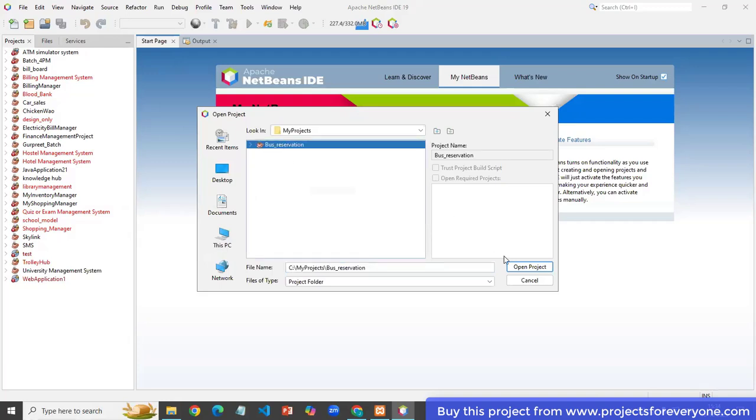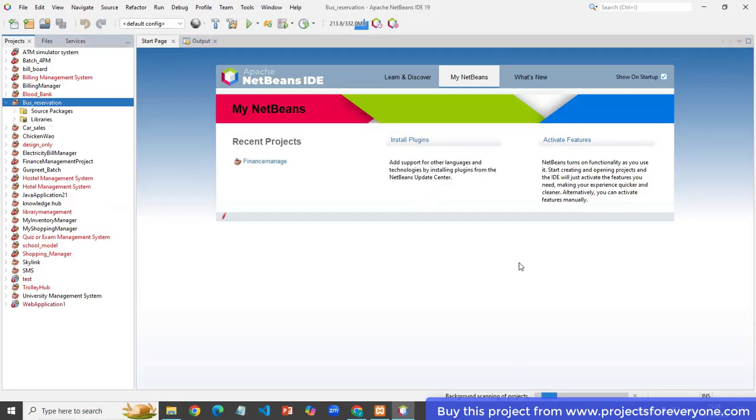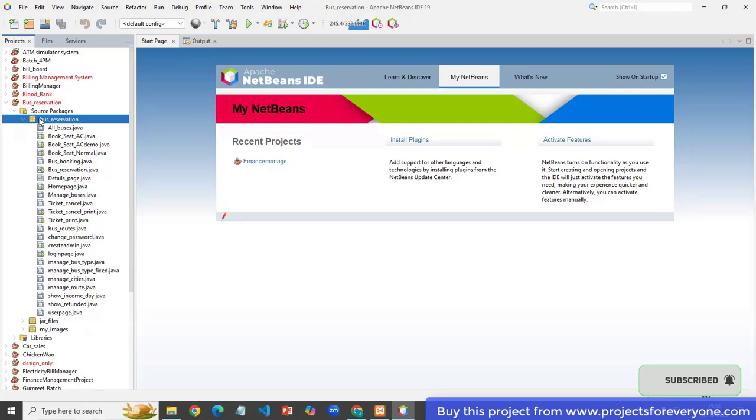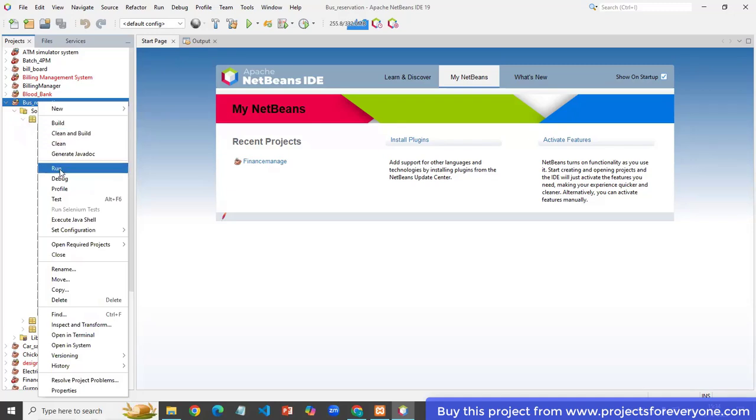Select the project. Now to execute this, just right click on this and click on the Run option.